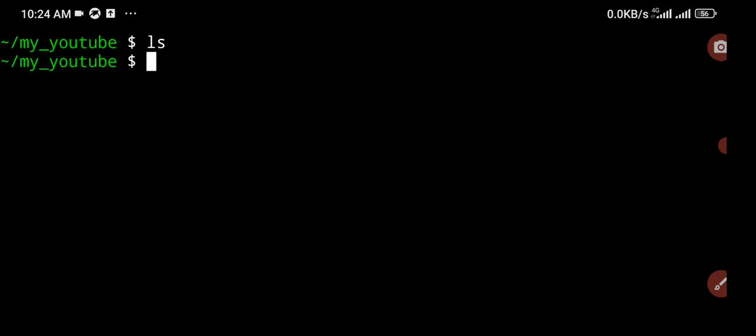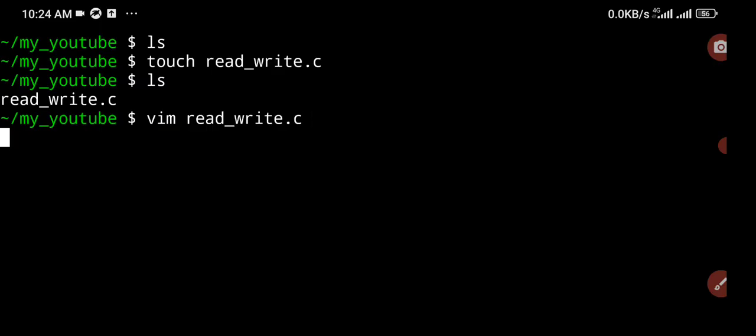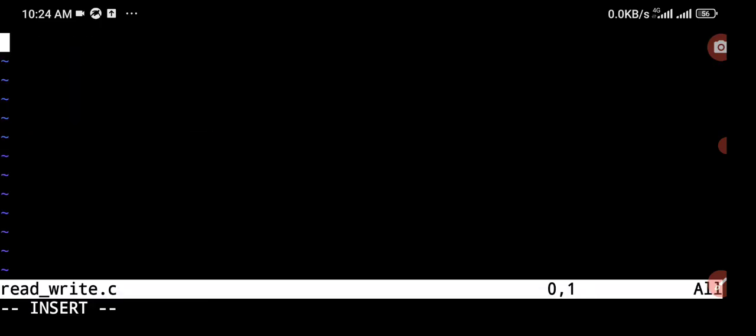environment directory. So the next thing we're going to do now is to use the touch program to create our empty file with .c extension. So I'll do read_write, which should be the name of the file with .c extension, and press my enter key. ls now, you can see that we have the read_write.c empty file. So it's time to write our code. So I will do vim read_write.c, press enter, i for insertion, then we can start writing our